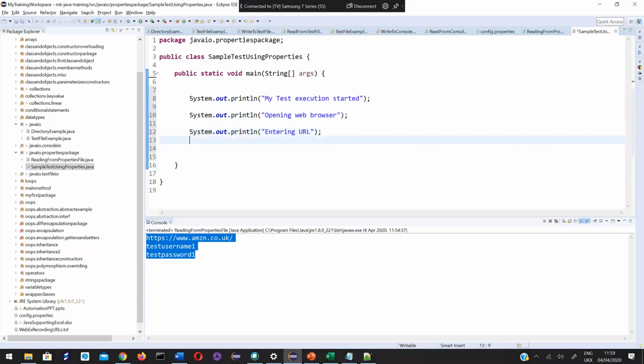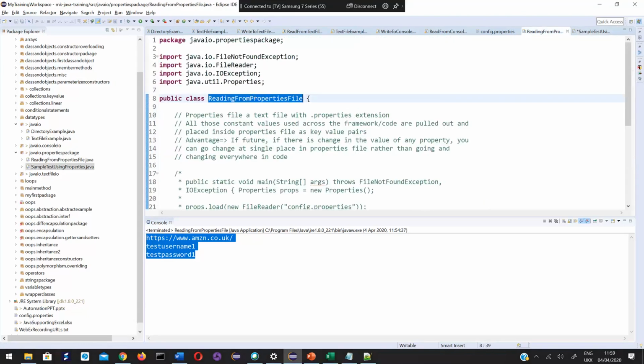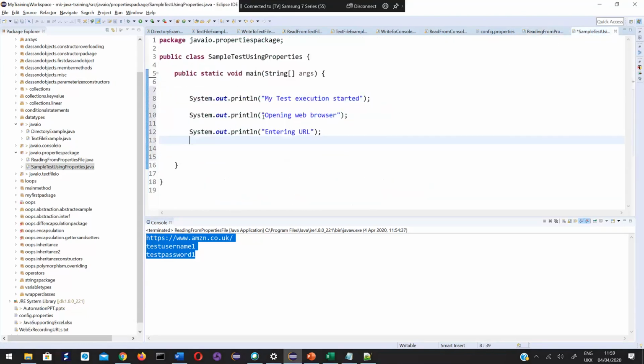So in this case, I will go and create an object for this class.